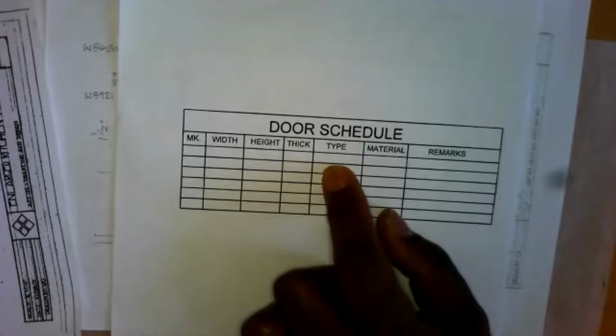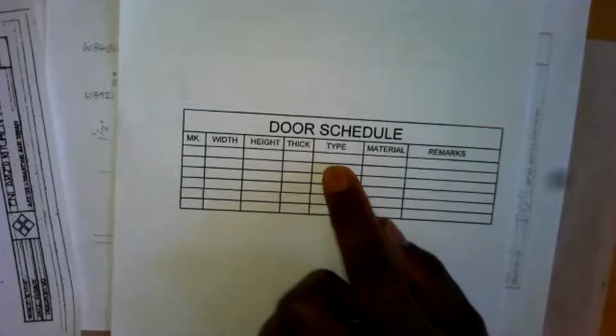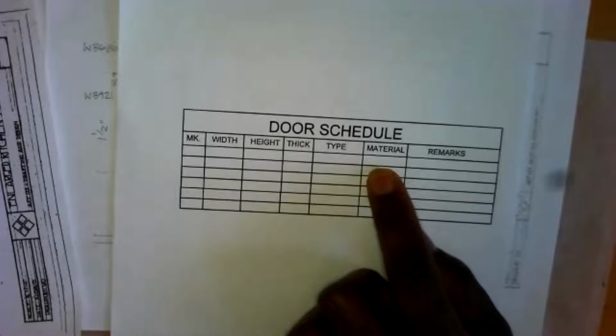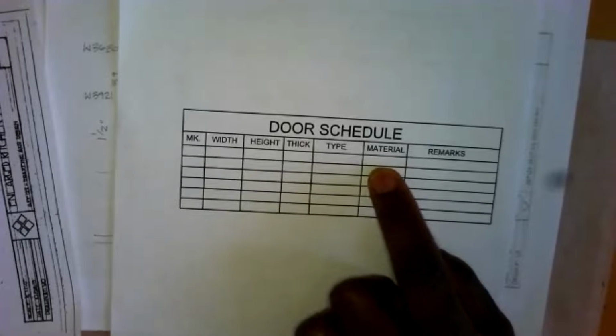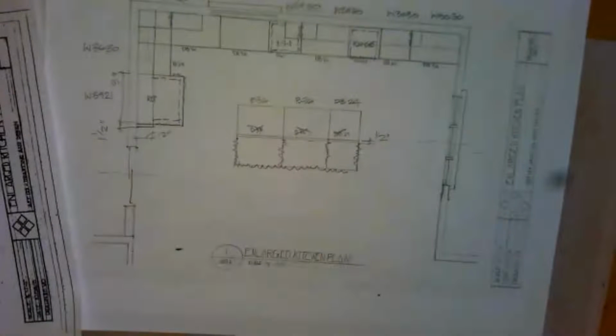And then of course the type is going to be, I think Anderson calls those doors gliding, or if it's hinged, they call them French hinged. Okay. And then whatever material your series calls for. Okay. And also,